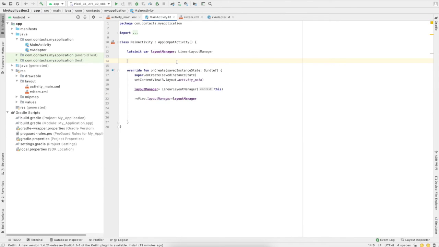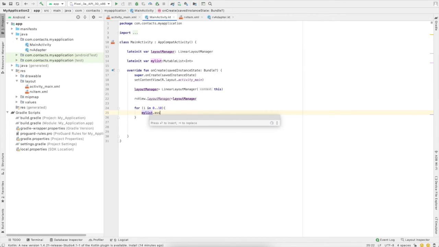Now I'm going to create a simple array list over here. Let's say myList, and we can simply say mutable list of integer, right? Mutable list equal to array list of, we don't need to do that currently. I have initialized the list, and I can create a simple for loop to add the elements in it. Suppose I go from 0 to 10, I want to insert 10 items, and I can add those items into my list: myList dot add, and I put i over here. So now these items are getting added into that particular list.